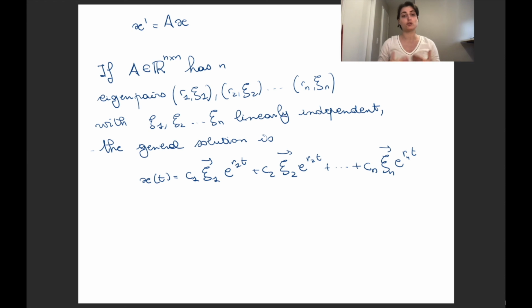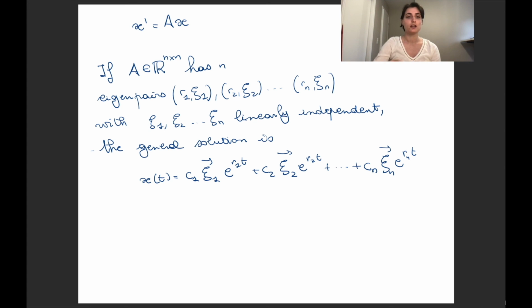In particular, it would be x equal c1 times the first eigenvector, xi1, times the exponential of the first eigenvalue times time, r1 t, plus c2, xi2, exponential of r2 t, plus all the terms you have just computed in the eigenpairs, plus cn, xin, exponential of